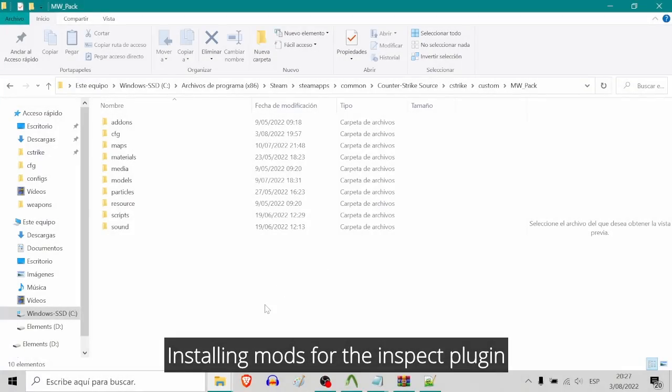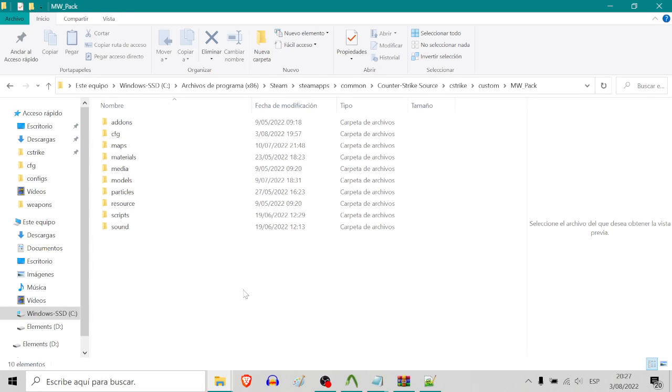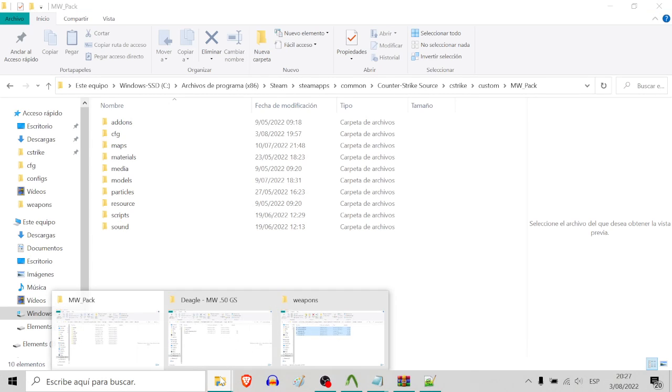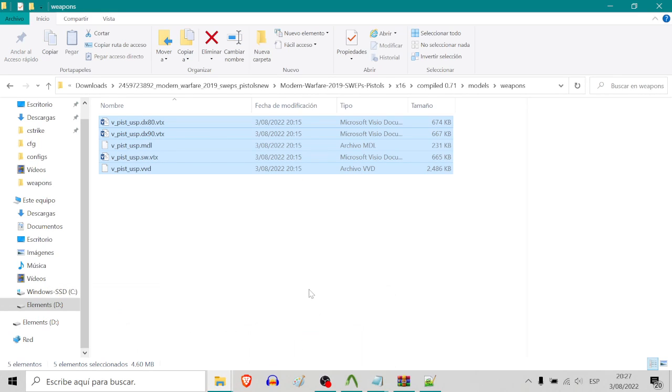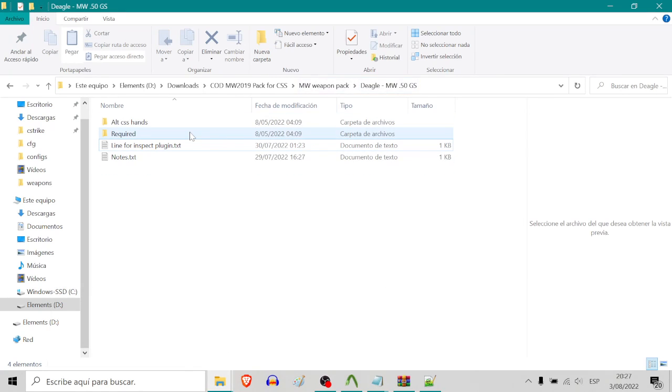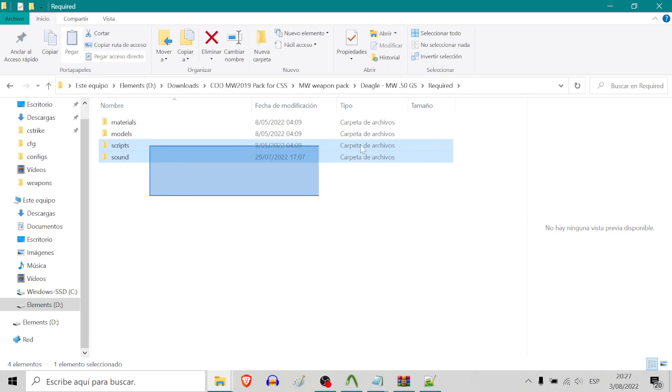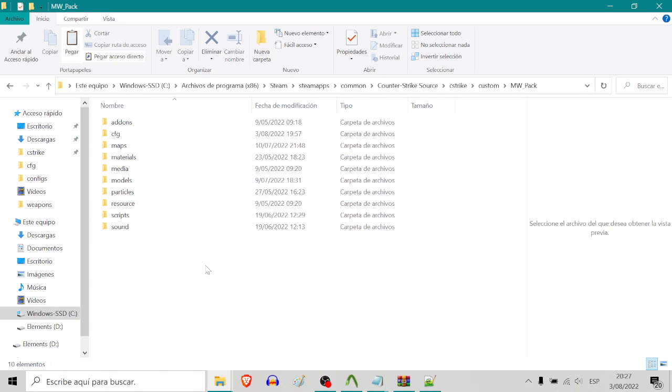So now I'll explain how to install a weapon mod that has an inspect animation and is meant for the inspect plugin. It should be like installing any other weapon mod. For example, here I have the 50 GS already set up with the inspect line, and I mean with the inspect animation and stuff. So like I told you before, it's just like installing any other weapon mod. You put it inside your custom folder,